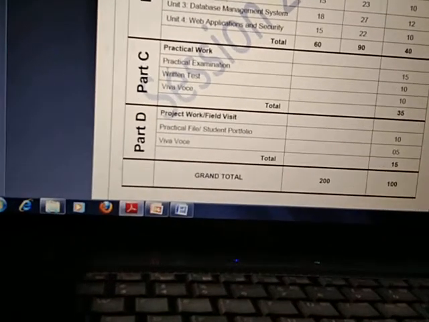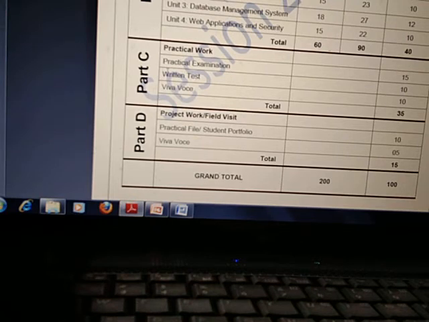Your practical examination is of 15 marks, written test is of 10 marks, and your viva is of 10 marks, meaning a total of 35 marks. And part D is your project work.